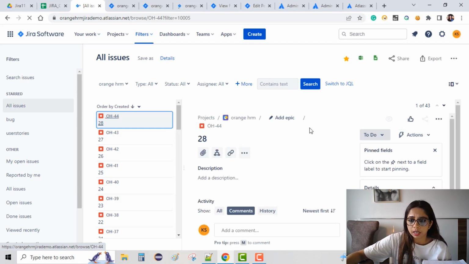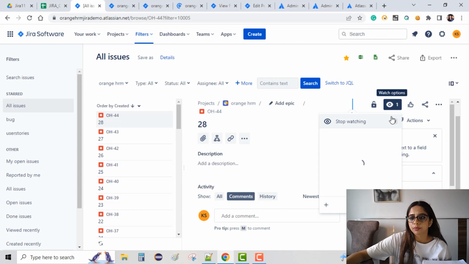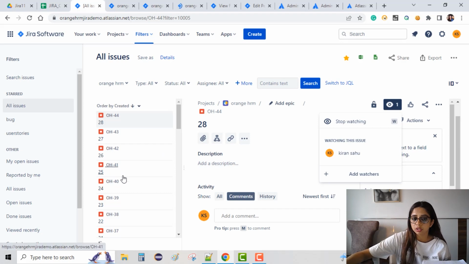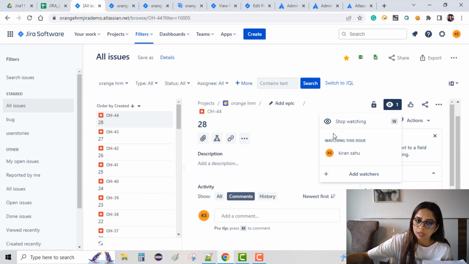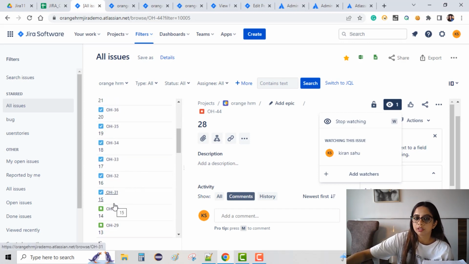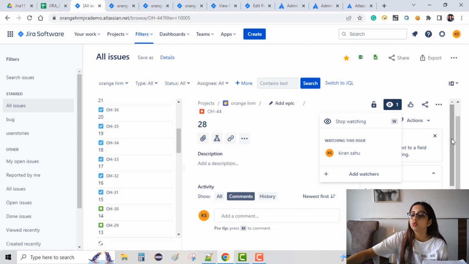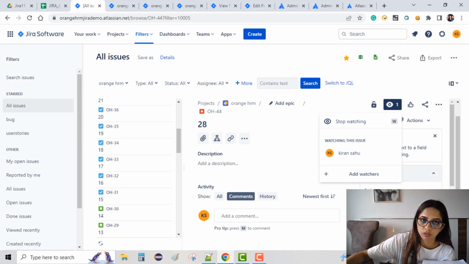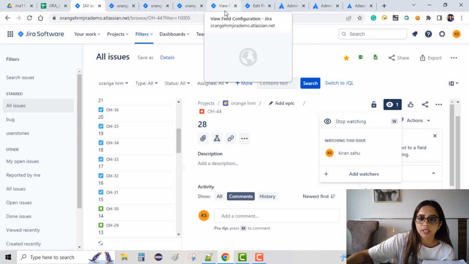I have opened OH44 and this is the watch option. When I click on it, I am already watching this issue. Had I not been watching this issue, I could have become the watcher. Since I created this issue, I have become a default watcher. If something is created by other teammates and you want to watch it, you can become a watcher of that. So going back to the settings page,